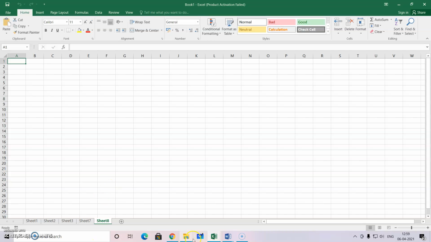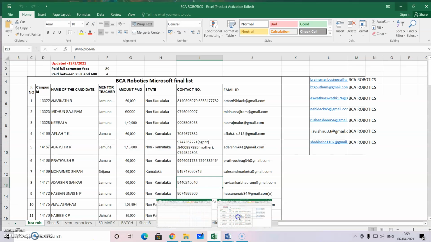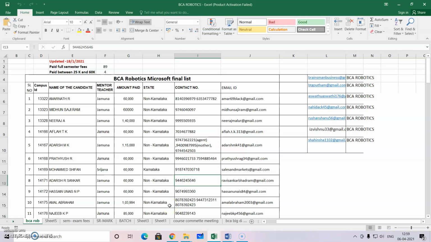Suppose I want to see the names of the sheets in one place. I open another workbook. The workbook name is BCA Robotics. Here the different sheets are available. If I want to see all the sheet names at one time in one place, here you can see one small arrow mark.